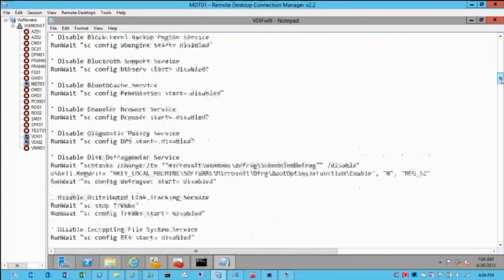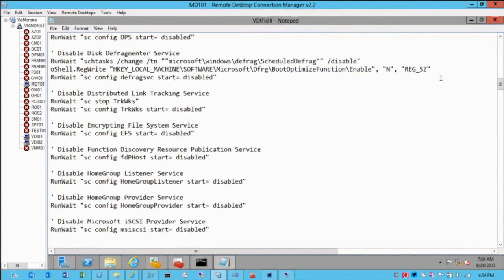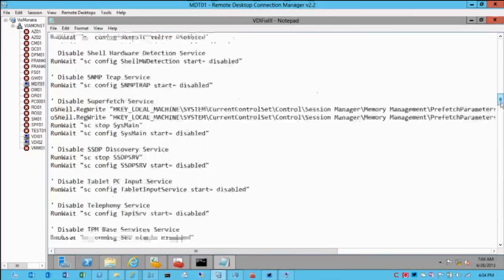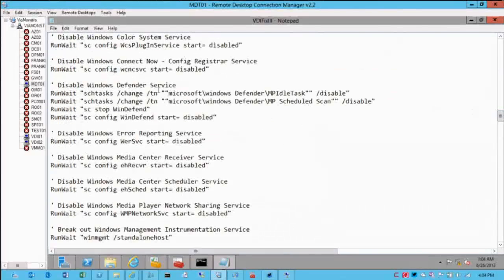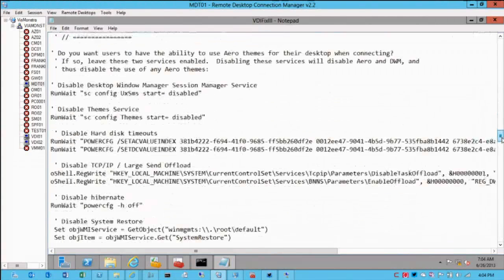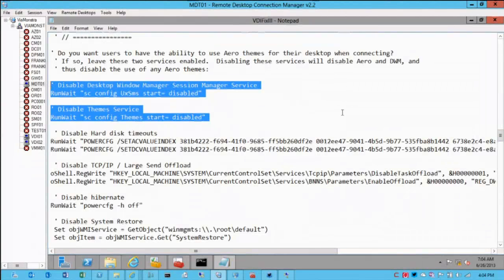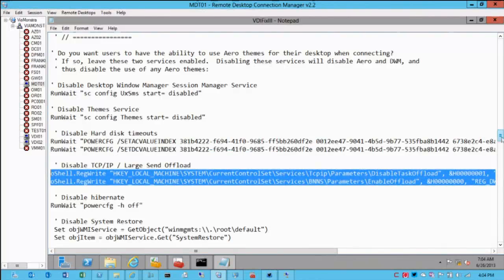Then we turn off basically everything. The disk defragment service goes away. Link tracking, home group, superfetch. It's a lot of things that go away. Here's Defender. Well, Defender is nowadays the antivirus in Windows 8, but it used to be called Defender for that. Then we start doing other things. Themes. Desktop Windows Manager. The hard disk timeout, offloading of IP,